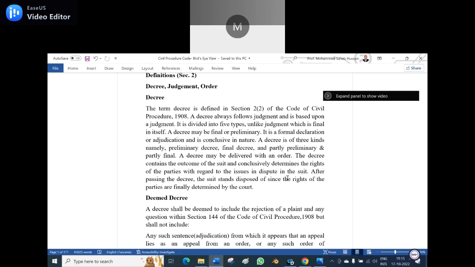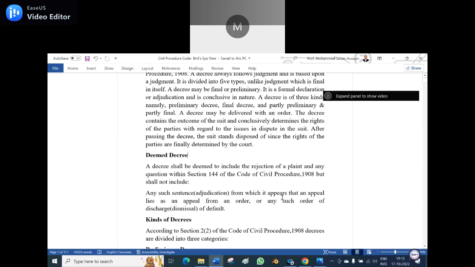So the decree contains that thing. So regarding the parties, the order will be passed finally. The first one is judgment, next one is decree, next is order. So, deemed decree. What is a deemed decree? A decree shall be deemed to include the rejection of a plaint and any question within section 144 of the Code of Civil Procedure 1908, but shall not include